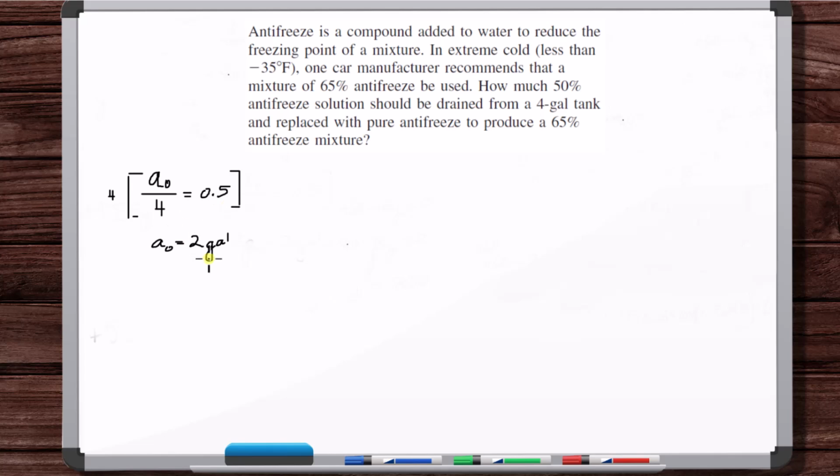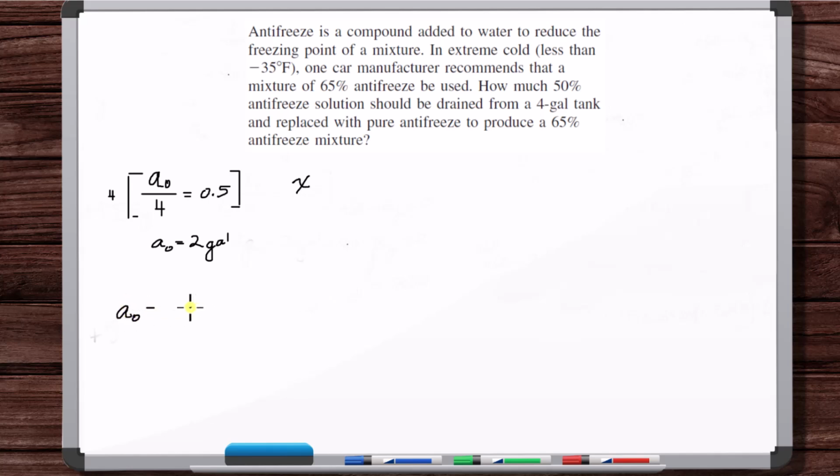We start with 2 gallons worth of antifreeze in a 4-gallon tank. We're going to remove some of this. So the antifreeze solution we're going to remove, the amount, let's call that X, that 50% solution. That's how much we're going to remove. So how much antifreeze are we going to remove? Not just solution. We're going to remove A naught